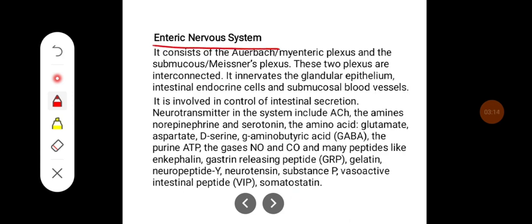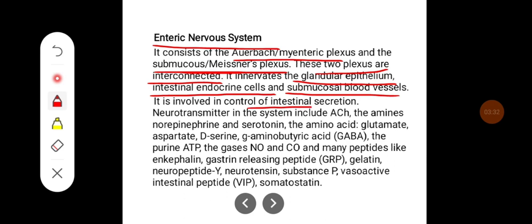Enteric nervous system. It consists of Auerbach or myenteric plexus and the submucosal or mucinous plexuses. These two plexuses are interconnected. It innervates the glandular epithelium, intestinal endocrine cells, and submucosal blood vessels. It is involved in control of intestinal secretion. Neurotransmitters in the system